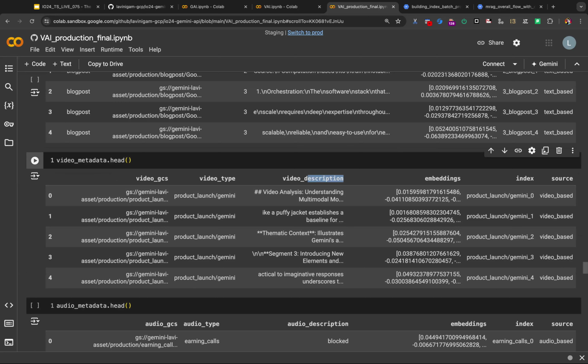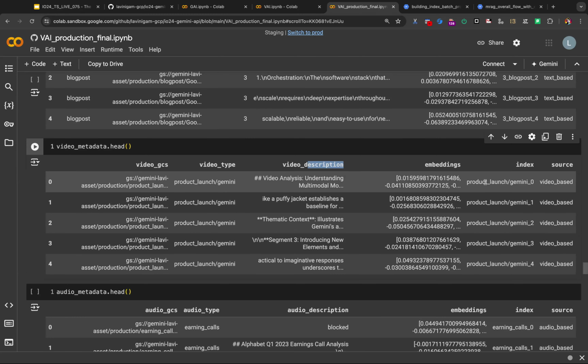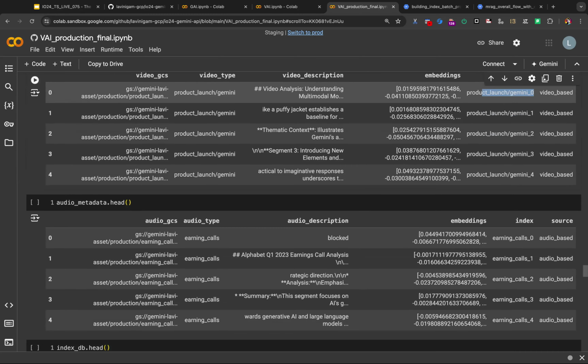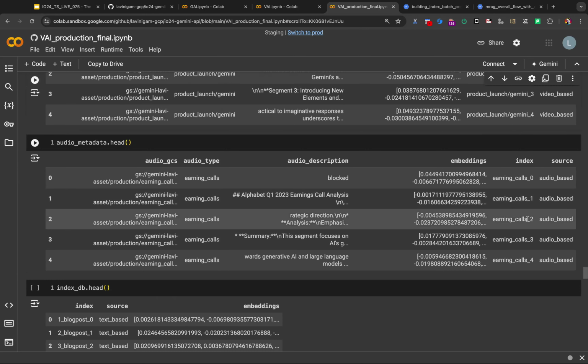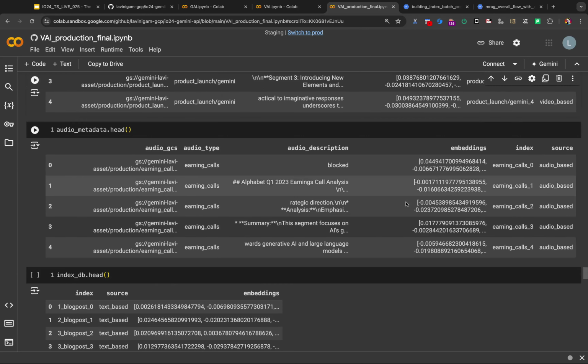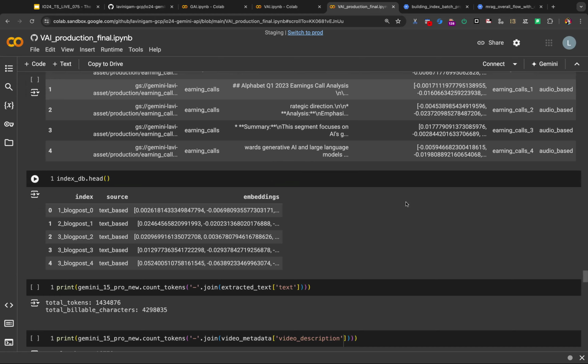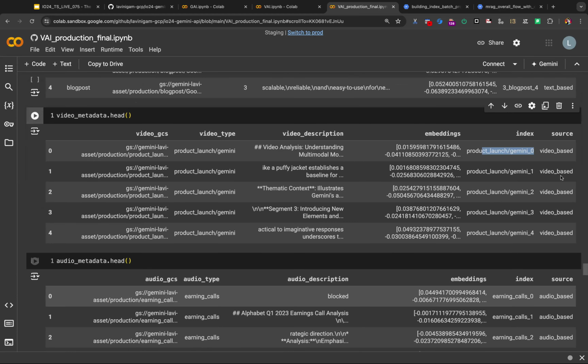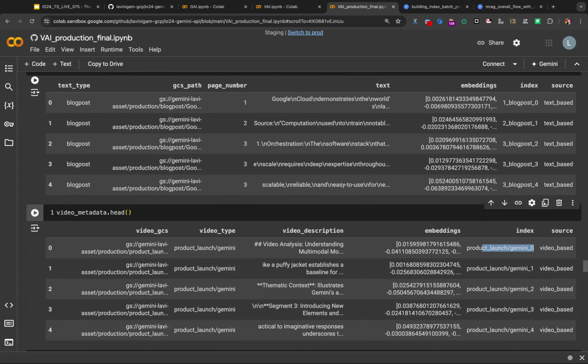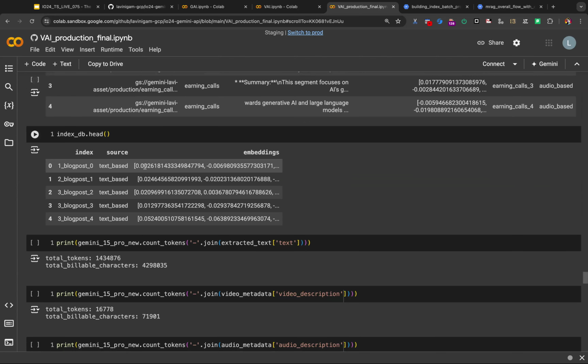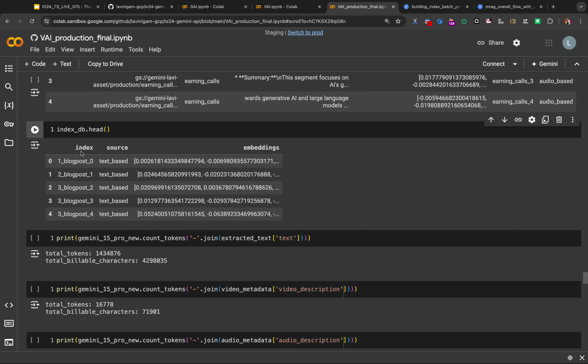So it's not a multimodal embedding. This is a text embedding that we have, and we have the same index here so that we can come back to this index at a later point. And same with the audio. And then what we do is we just take the last two columns for each of the three data frames that we have, and then we create the final index database where you have the index, you have